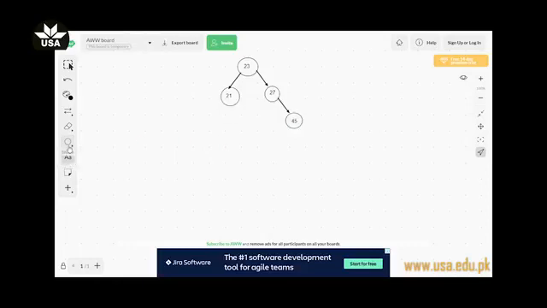The value is 45. Next, for example, the value is 20. So if we insert a node with the value 20, from the root node, the value is smaller than 23. So we will move towards the left side. The left child is 21. So we will again compare the value with the left child. The value is 21 and we are comparing the value 20. So we will again move towards the left side as the value is smaller than the node compared. So the left child is empty in this case, so we'll create a node with value 20.